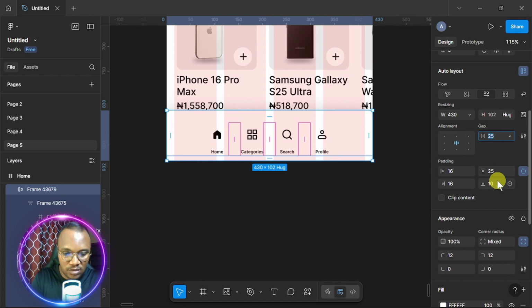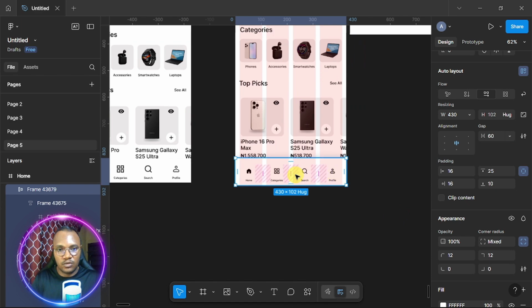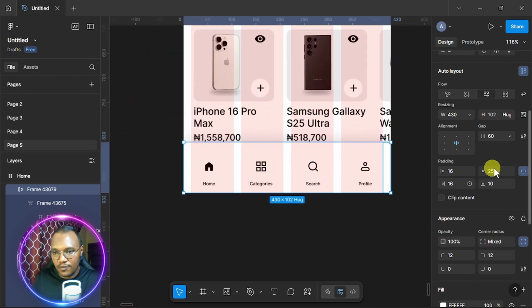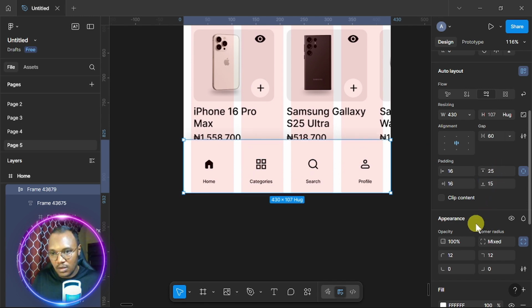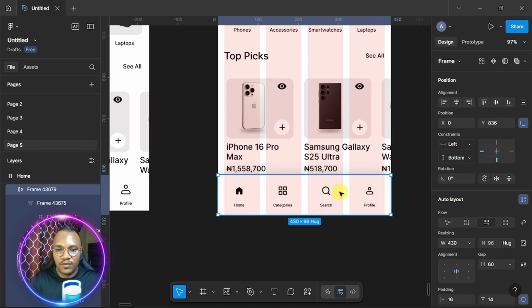Let's say 60. So at the end of the day, we have something like this. I can come further and increase the padding of this to 15 and reduce the padding of this to 15 too, let's say. So I'm good like this. At the end of the day, we now have a perfect